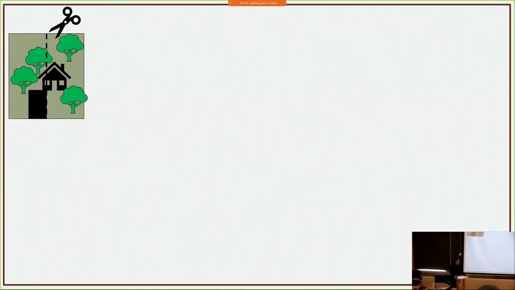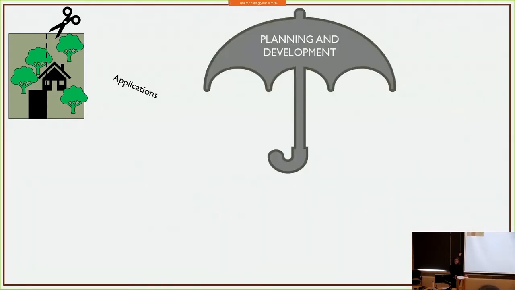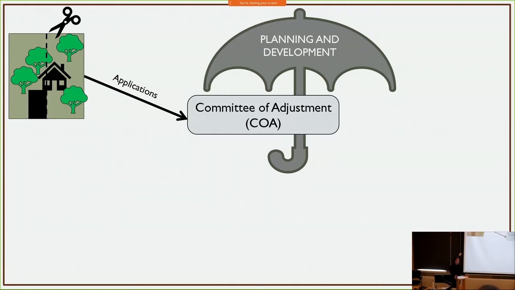So now I'm going to run through a very simplified but hypothetical scenario here. Let's say we have a landowner in Long Branch who wants to apply for a lot severance so they can demolish the bungalow that's currently on their 50-foot lot, split it in two, and have 2 townhouses built on the property. They first have to submit an application to the Committee of Adjustment, or the COA. The COA is a city council appointed body comprised of citizen members and sanctioned under the Provincial Planning Act.